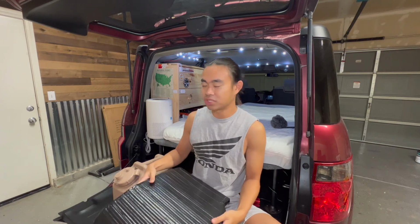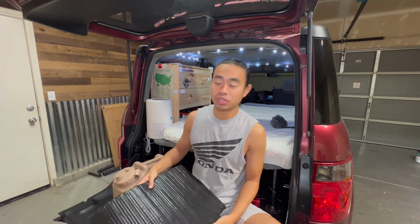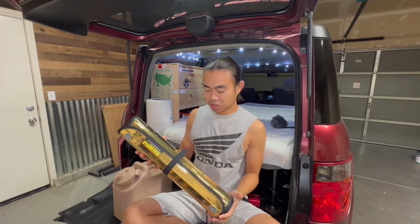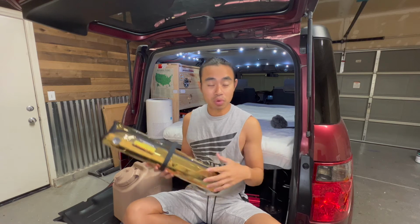So what I did was I just bit the bullet and I bought heat shield coverings for all the windows. I had a heat shield dashboard windshield covering, and it was amazing. It's not black, so it's always just silver facing out, so it's not very stealthy. But for the rest of the windows, I went with the gold heat shield. It's very expensive. It probably cost maybe $250 to $300 to outfit the whole Honda Element with heat shield stuff,